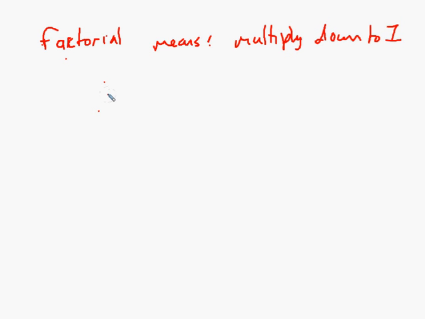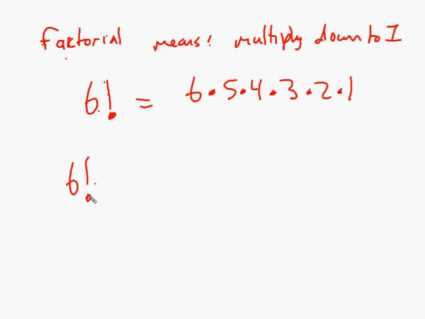So if I had 6 factorial, that means 6 times 5 times 4 times 3 times 2 times 1. And if I had 6 factorial over 4 factorial, for some reason,